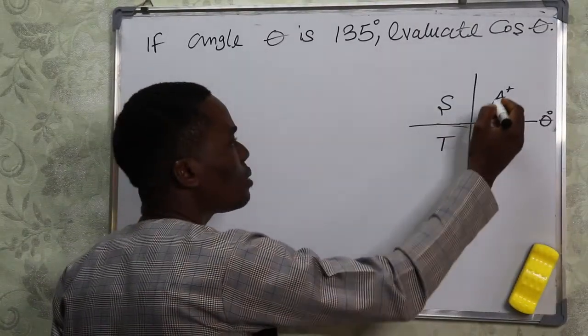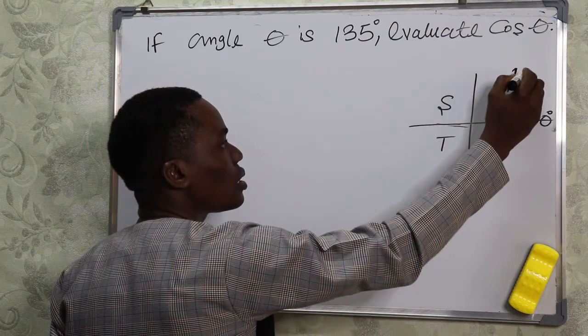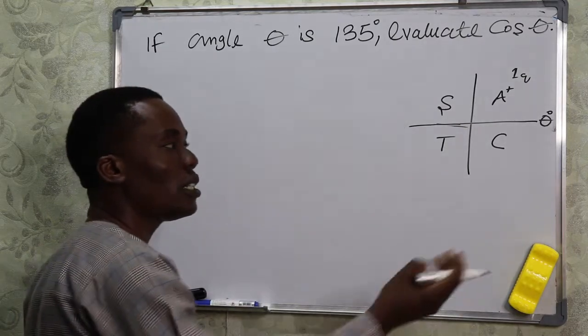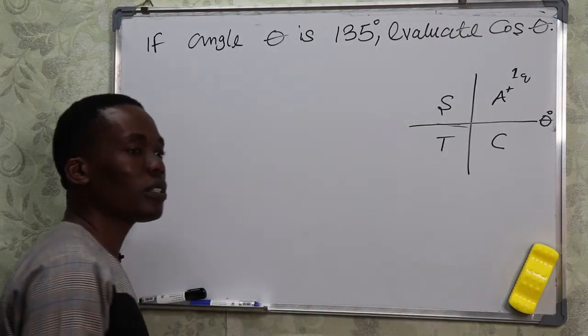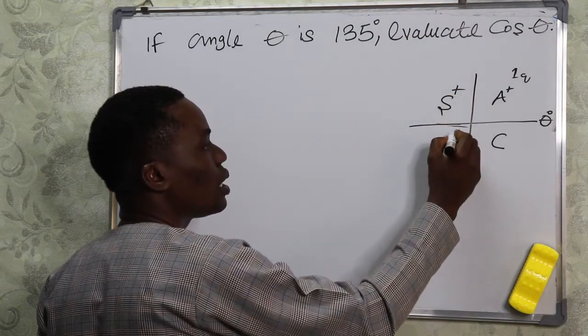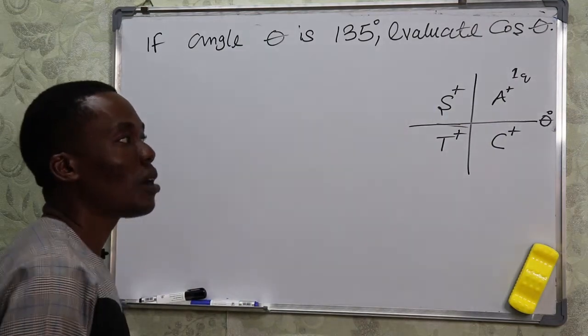What does this mean? This means, as regards this quadrant, which is the first quadrant, all angles here are what? Positive. Sine is positive, cosine is positive, and tan is positive. Here only sine is positive, here only tan is positive, and here only cosine is positive. Now if we have an angle,